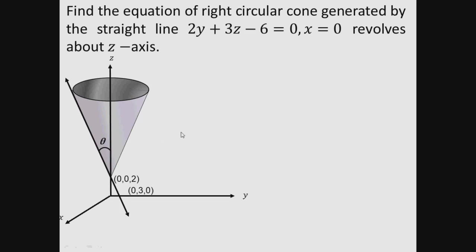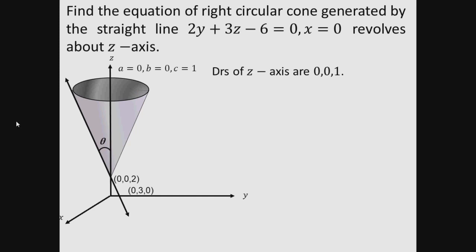Okay. Now we need to find theta, we need the DRs of z. Now as z axis makes angle pi by 2 with x axis, pi by 2 with y axis, and the angle made by z with itself is 0. So cos pi by 2, cos pi by 2 and cos 0 are nothing but the DCs of z axis. So that is 0, 0, 1 are the DCs of z axis. You can take DRs or DCs. Okay, that doesn't make any difference.